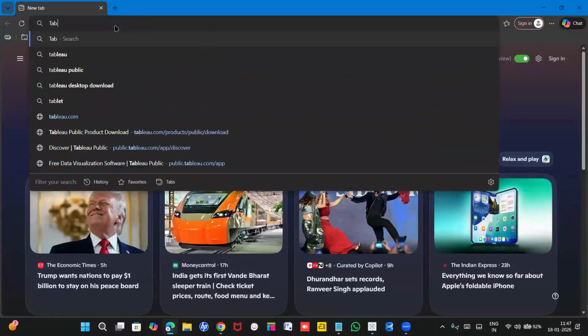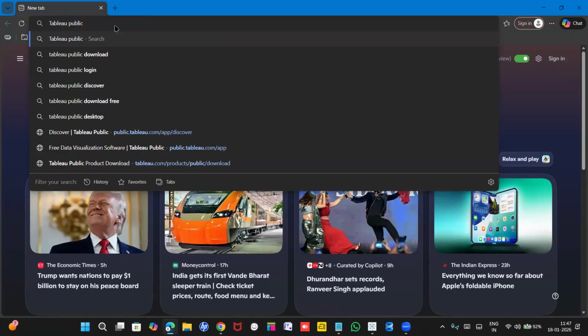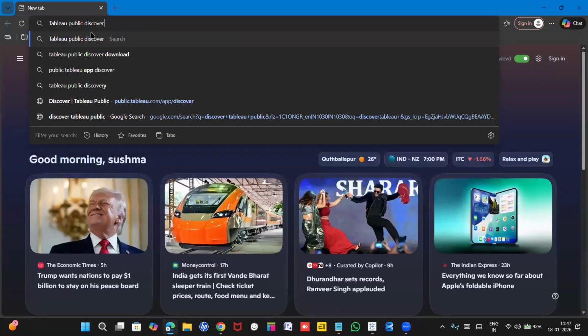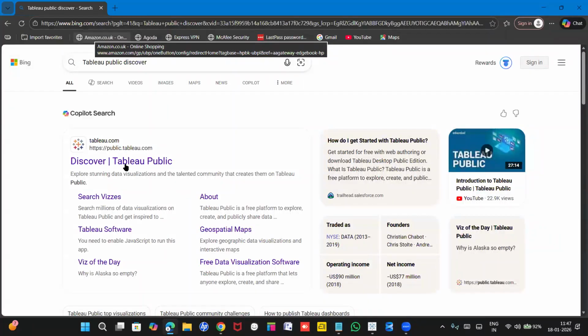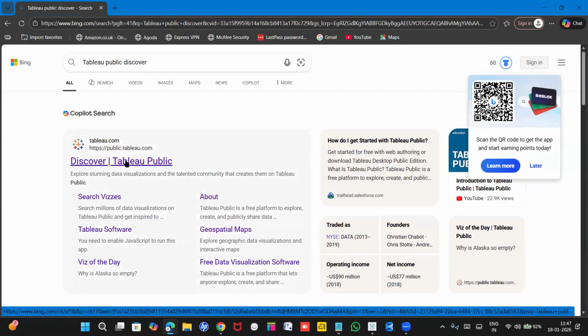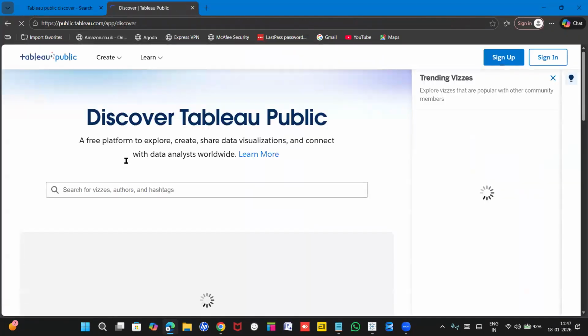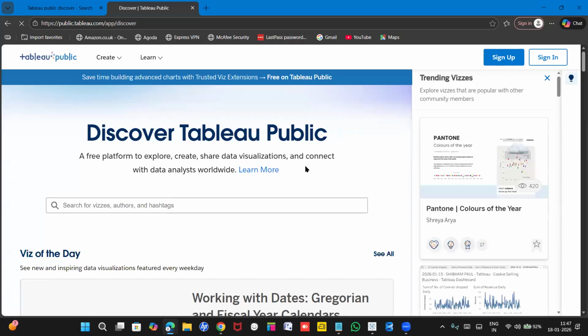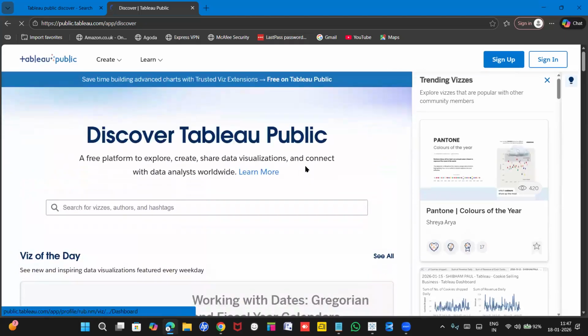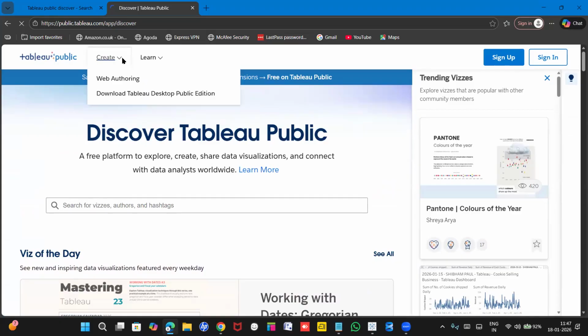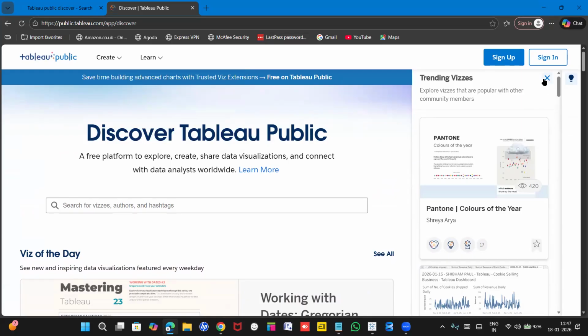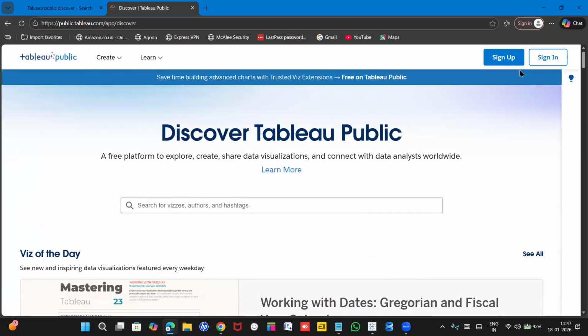Just type it here: Tableau Public Discover. So here it is showing the Discover Tableau Public link. Click on this link. Whenever you click on this, the page will open for you. For the installation, here it will show you the create option. Otherwise, if you already have an account, you can directly